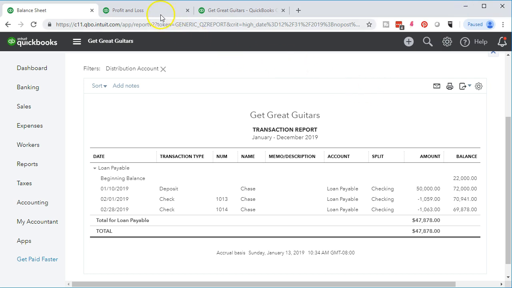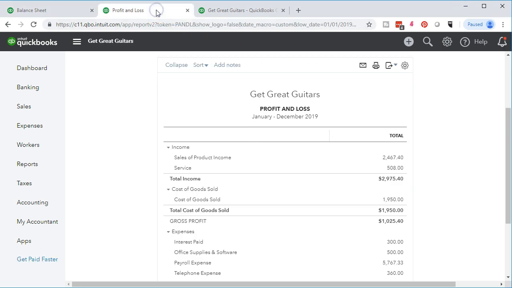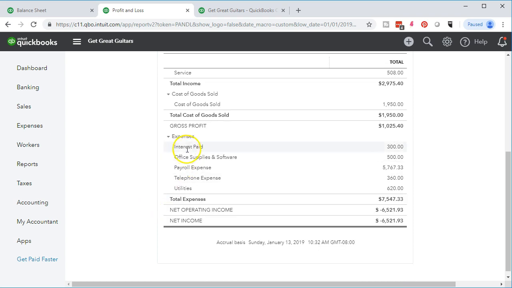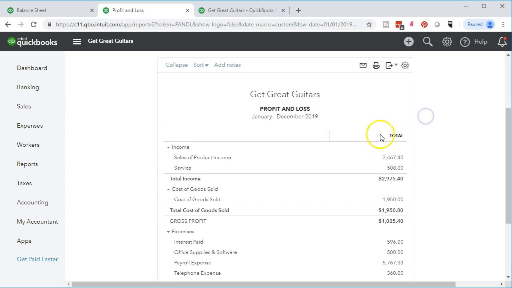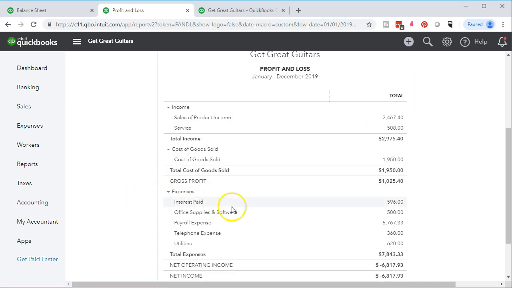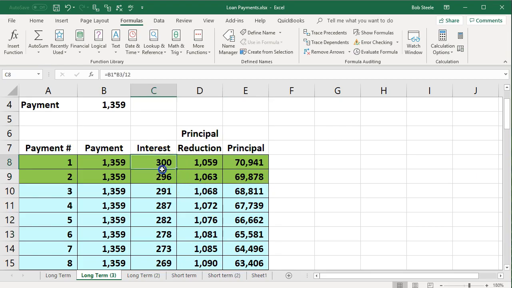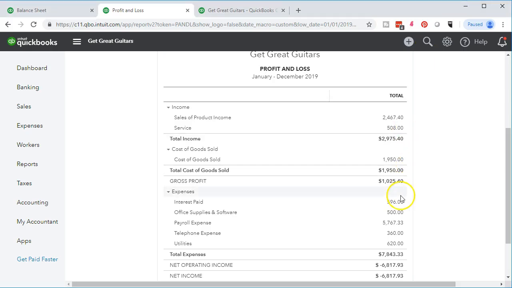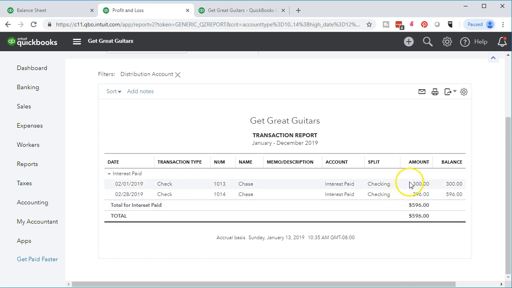The other side of it, of course, on the profit and loss, second tab. If we scroll down, we're going to see the interest paid, 300. We'll run that report again because that's only half the interest. Run that report. Interest paid, 596, which of course is the sum of these two, 596. And if we go into the interest that has been paid, we can see that we have a different amount for the two payments, the one a month before the other. So we're jumping at the beginning to the end of the month just to show that comparison. That's going to be the issues with the